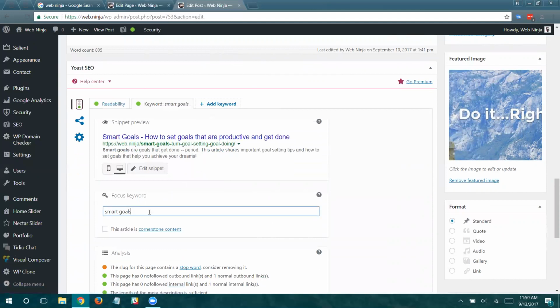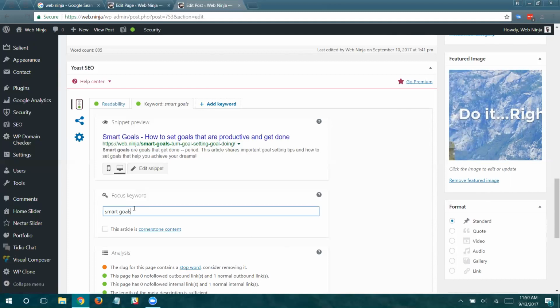Now, the thing is that I did some really good SEO keyword research using the Google keyword tool. And I found that SMART goals would be a good, I already had a topic of what I wanted to talk about, but I want to talk about it in a way that search engines are going to like.